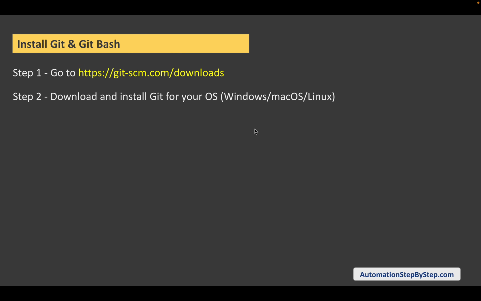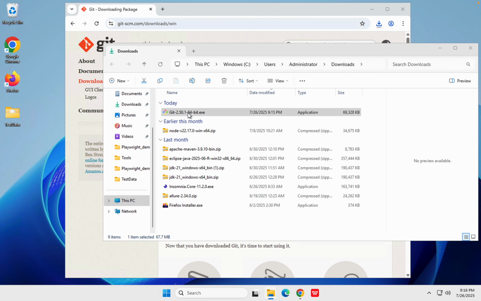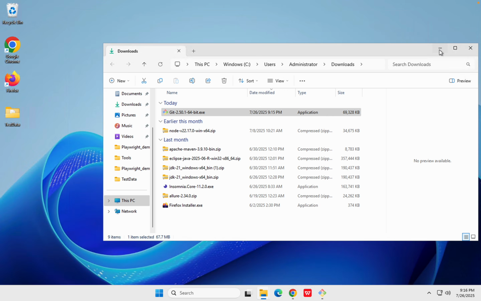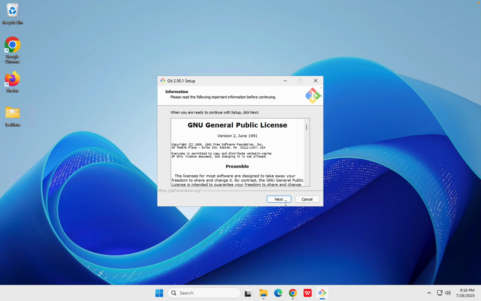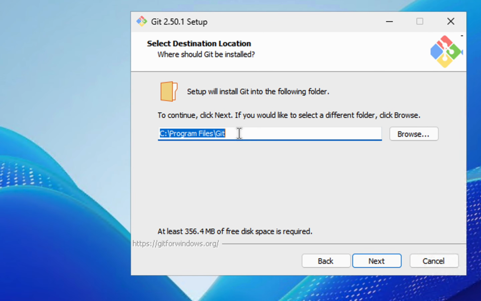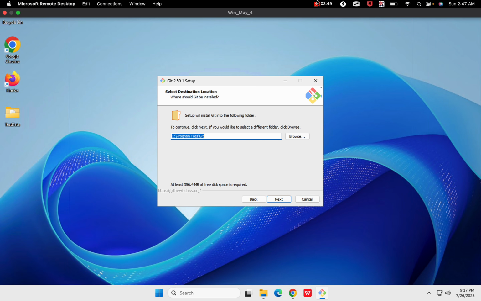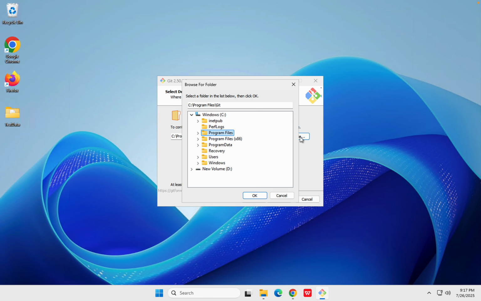Okay, so once you have downloaded, we can run the installer and install Git on your operating system, so you can use it on Windows, Mac or Linux. So let me just double click the installer, and this should start the installation process. So I will click on next. Now here it asks where do you want to store Git, so you can go with the default, or let me go, I want to store it at a different location, so I will say browse, and in my D